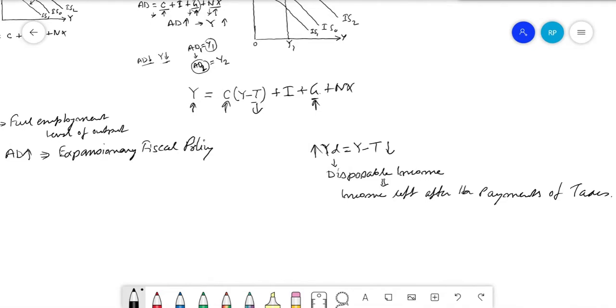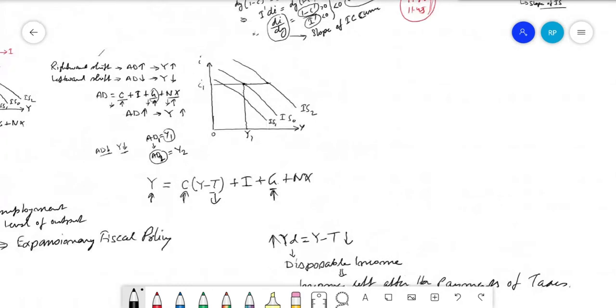So again, the increase in government expenditure is going to increase aggregate demand, and accordingly it is going to increase the level of production to bring the economy to equilibrium. So the government can take either of these two steps or both at the same time, but ultimately your IS curve will shift rightward. Yes, this will happen. Simply in one line you can say that due to expansionary fiscal policy, the IS curve will shift rightward.